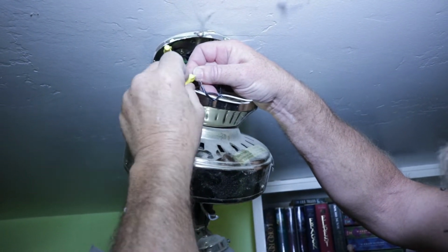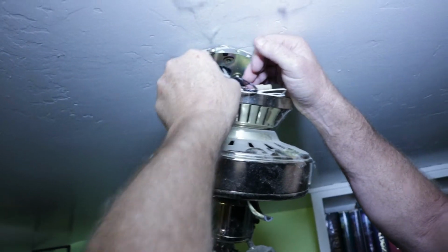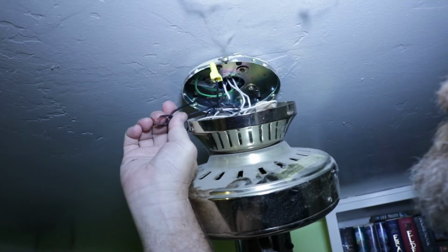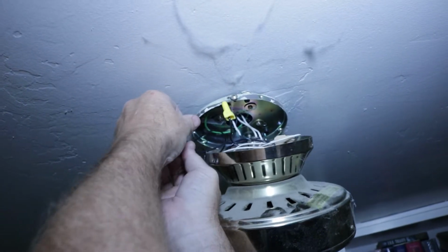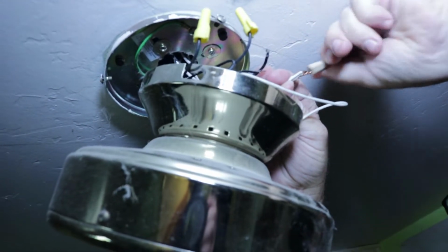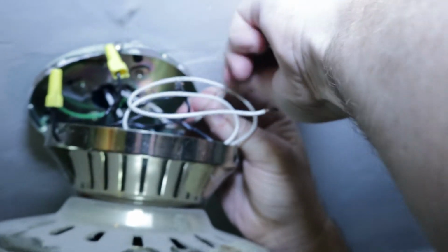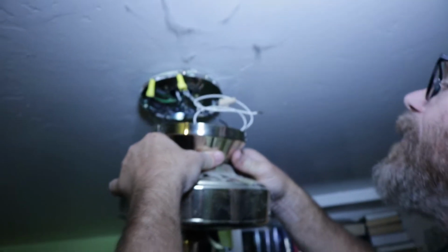So then I just put my wire nut back on, if it'll allow me to. And I just take my pen and I can write on that wire nut, pull that off, put this back on there. Pull my commons off. Okay, and you'll know there's that wire that goes to the fan. And then you can just take your whole light